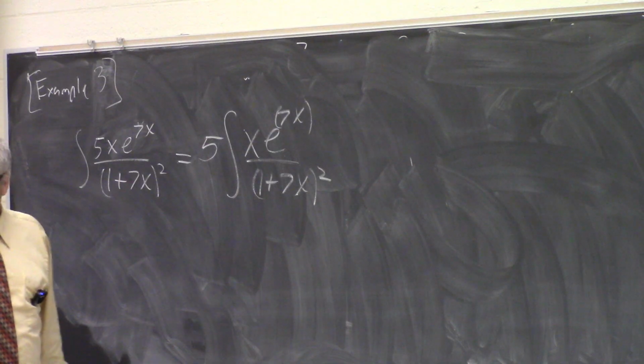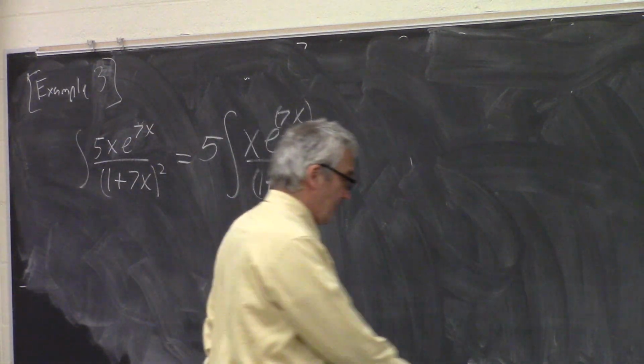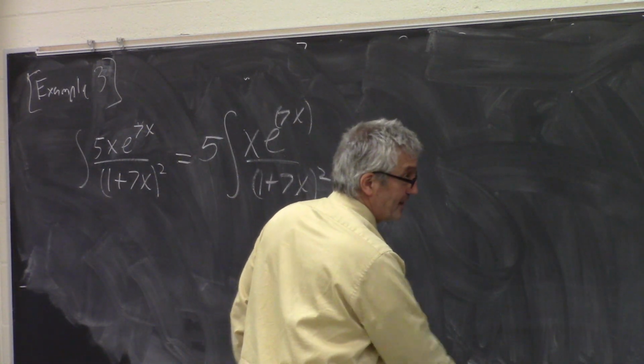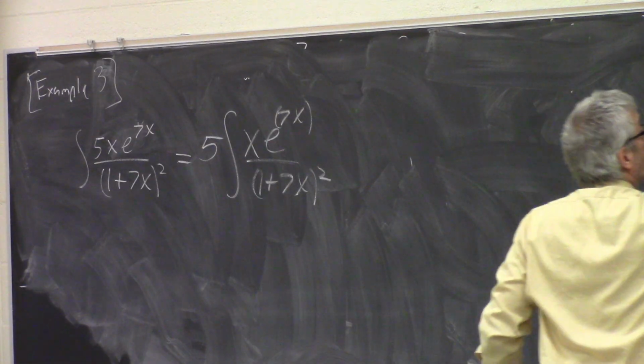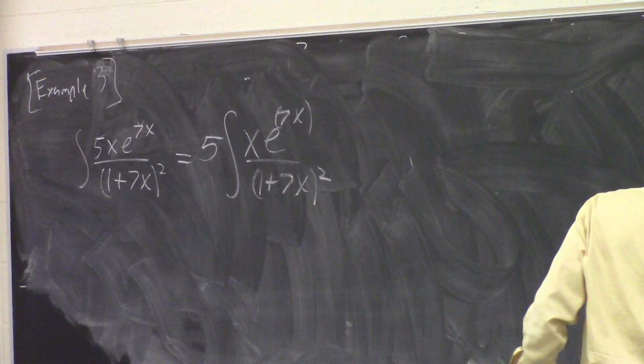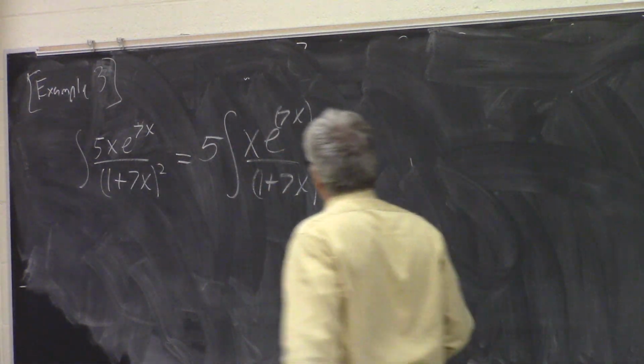So the last couple of problems that we did today, the first two examples, we had to force ourselves into doing integration by parts by just putting in that number 1 and using that as the g prime. We didn't really have a choice. But here we have a difficult choice. There's no obvious